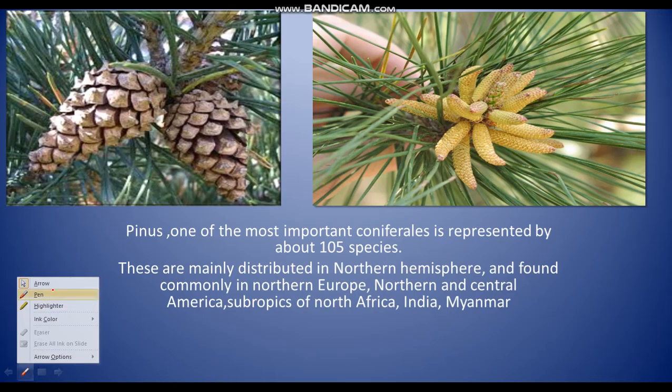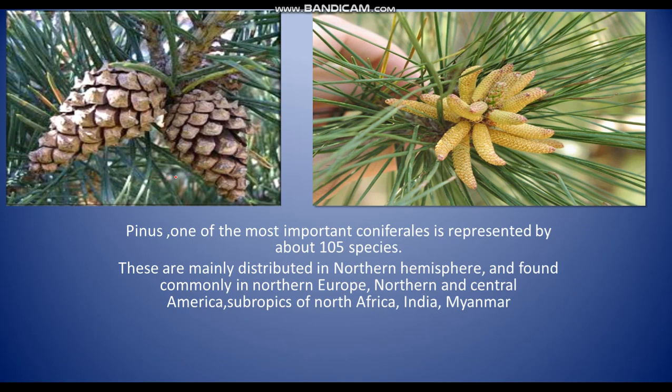Now the reproductive organ. Pinus is monoecious and the male and female reproductive bodies are on different branches. These are known as the cones or strobili. This is a female cone and this is a male cone, and these male cones are in clusters, we can see in this diagram, and the male cones develop much earlier than the female cone. And these male cones are spirally arranged on the long shoot. These are arranged on the long shoot, not on the dwarf shoot. We should be clear about that.